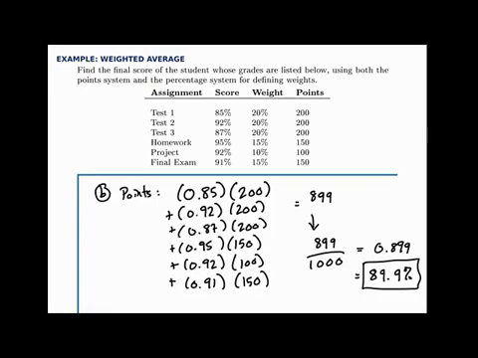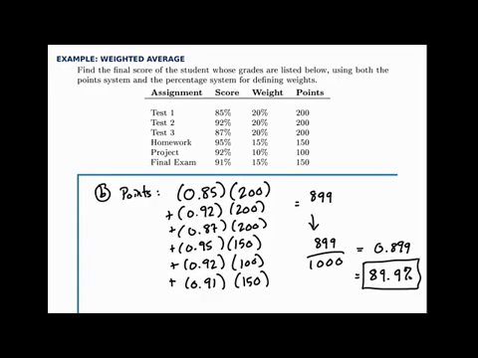When you use the points, you have to divide by 1,000 at the end to get the final score the same way you did with the weights. So either way you do it, you're using the same values, and this is how you do a weighted average, whether you're given the weights as percentages or as points out of a total